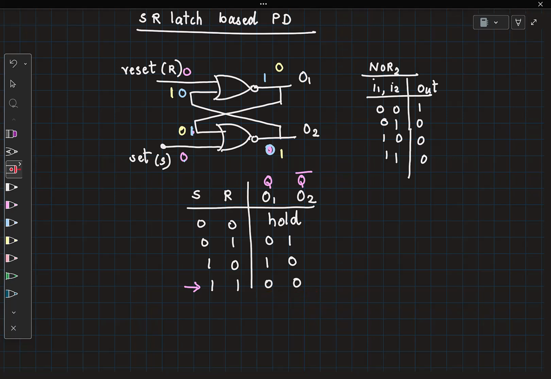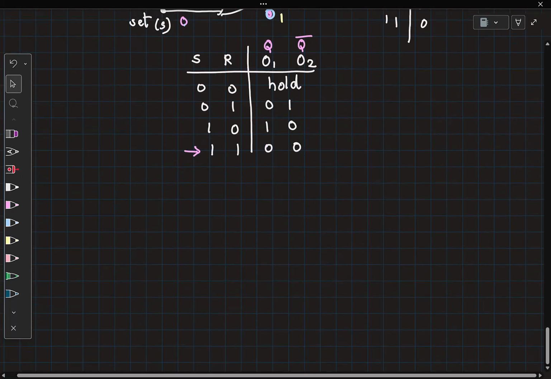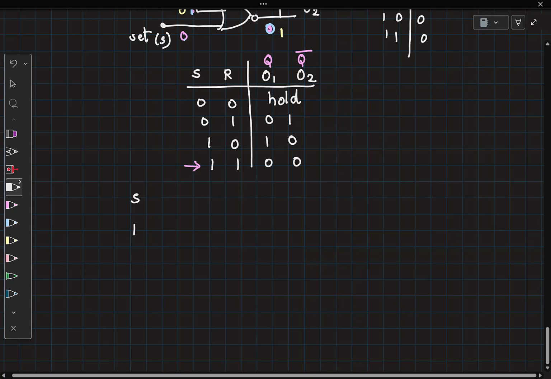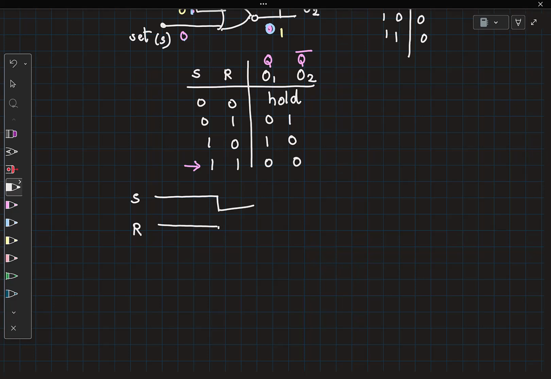But more importantly, there is one more reason here. Assume that you are going from the 0, 0 state to the hold state, right? Let us quickly see. That is, you are going from SR equal to 1, 1 to SR equal to 0, 0. Let us quickly see what is the value that will be held. Right? So, you have your S and R signal. Previously, both were equal to 1 and then they are becoming 0. Right? So, your SR is 0, 0. You want both of them to go to 1. But now, if you zoom in around this region, you will see that you can't.